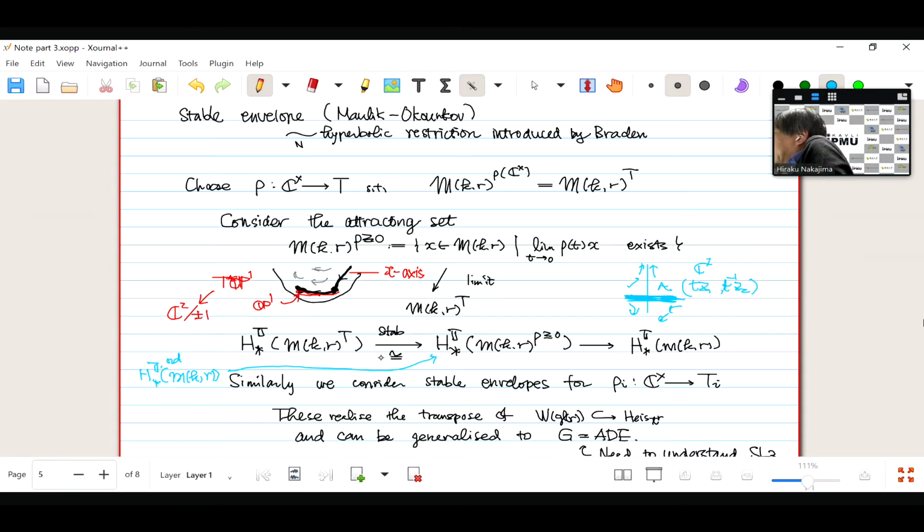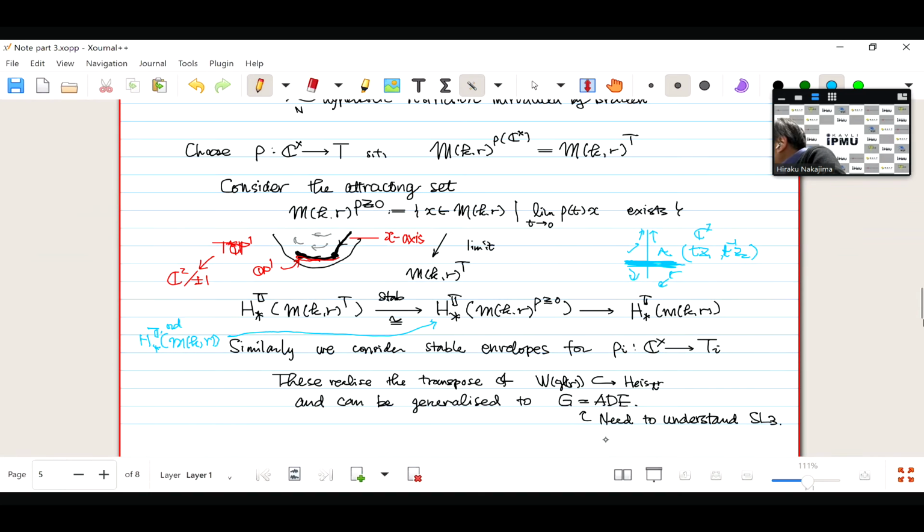So in this way, you can realize the Feigin-Frenkel construction in the geometry. So there is one point, which is that we crucially use G to be an ADE group. Up to now, I think that most of the explanation should apply to more general cases, including BC, FG types. But in fact,